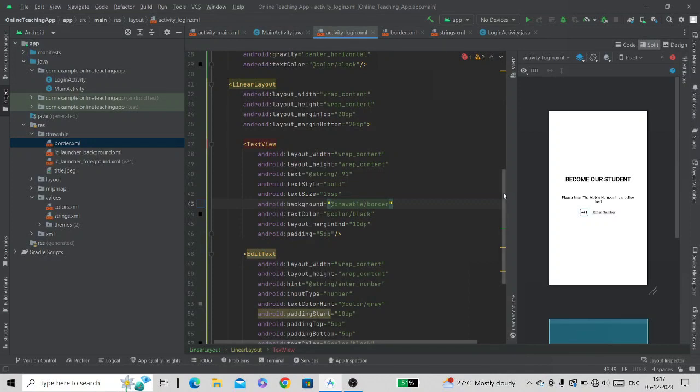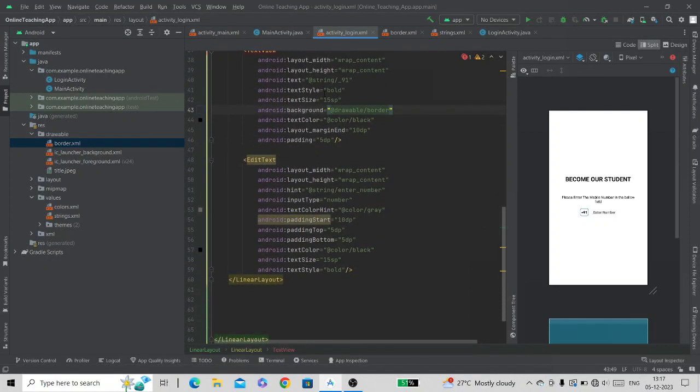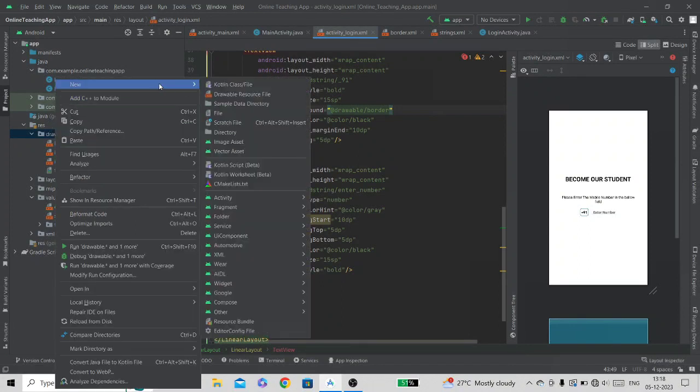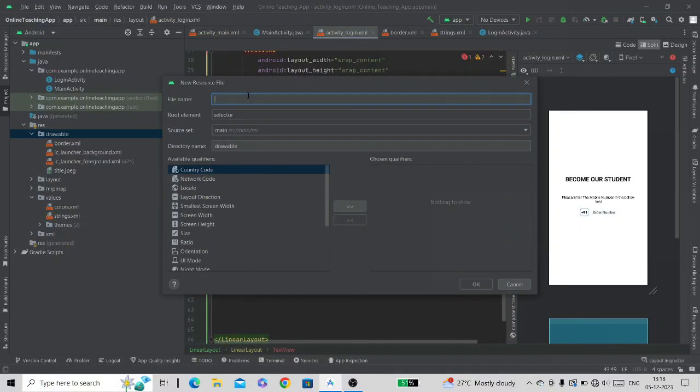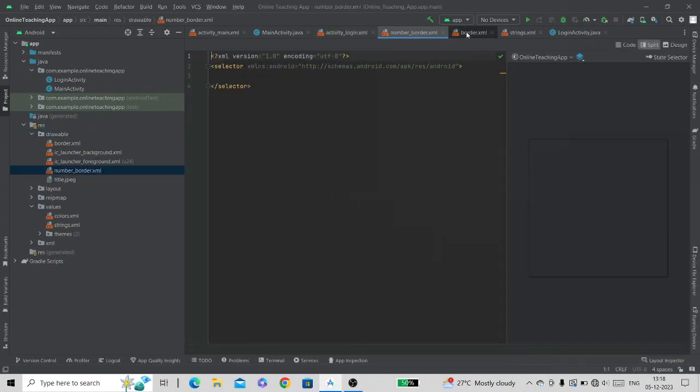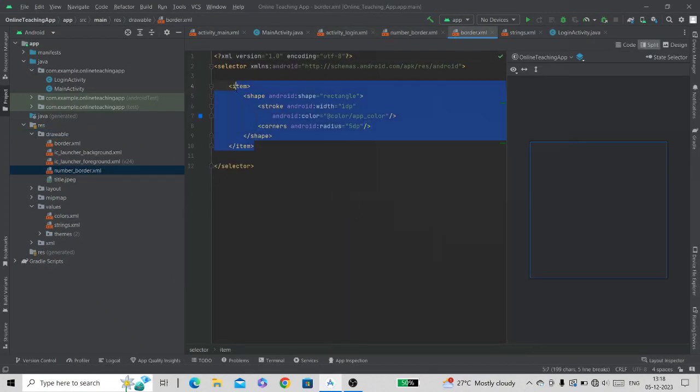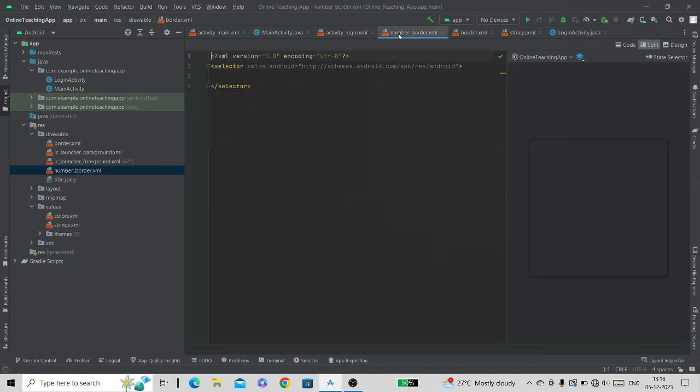Now we will make a border for edit text also. Right click on drawable, click new, and select drawable resource file. Here we will give number_border. Click OK. We will copy the properties of border.xml and paste it here in the number border.